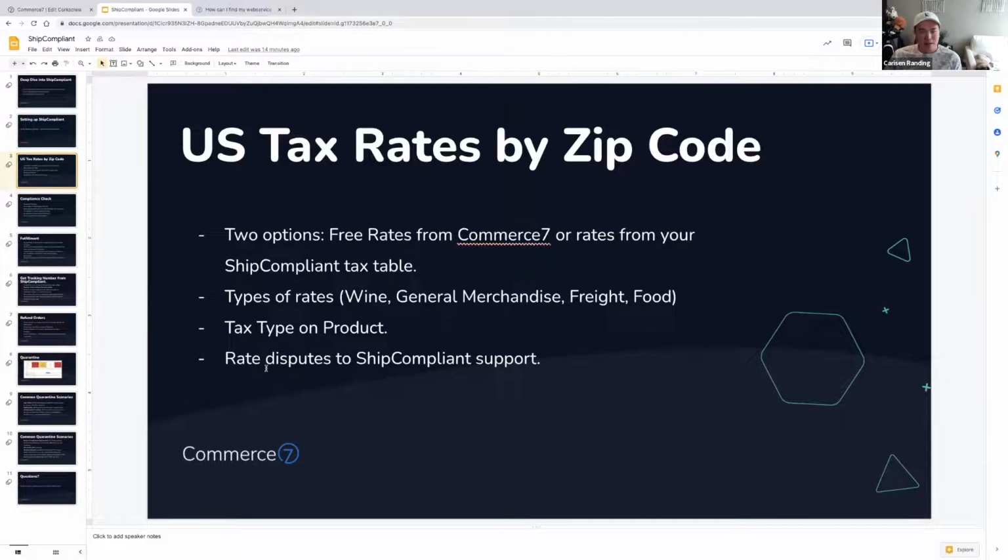And if for whatever reason you feel like the rates you're getting from ShipCompliant aren't the most accurate, ShipCompliant has a regulatory department that manages and ensures the rates are accurate and up to date. So if you reach out to ShipCompliant support, they will be able to provide you with either an explanation, or they will communicate your feedback to their regulatory team and update their rates if they've confirmed what you're saying should be the accurate rate. So that's the path for correcting any sort of tax rate discrepancies